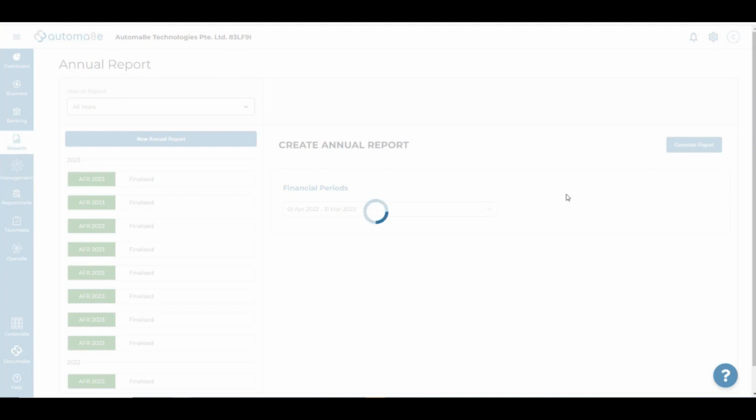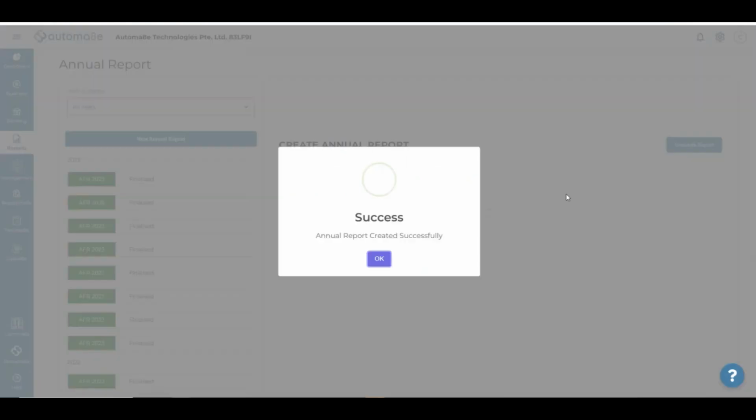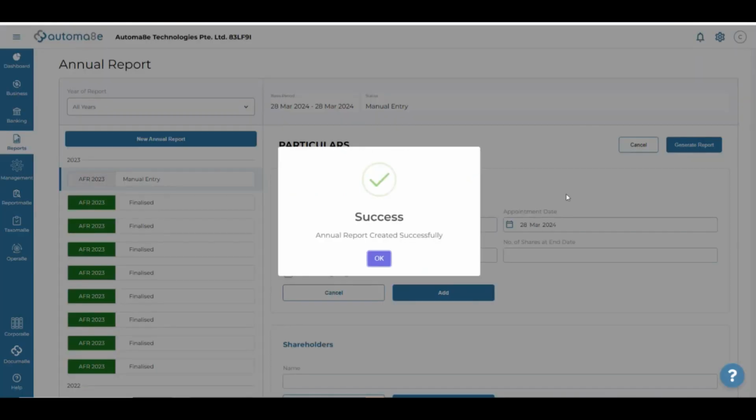For unaudited reports, you need to engage an auditor to give an opinion on the report you created. But in Singapore, companies are considered exempt from audit if you have less than 10 million in assets, 10 million in sales, and fewer than 50 employees, meeting at least two of these requirements. And second, you don't have a corporate shareholder. Then you're exempt. You are able to prepare an unaudited annual report.